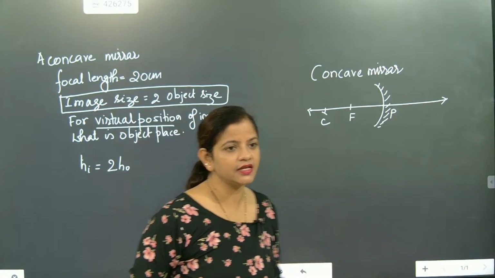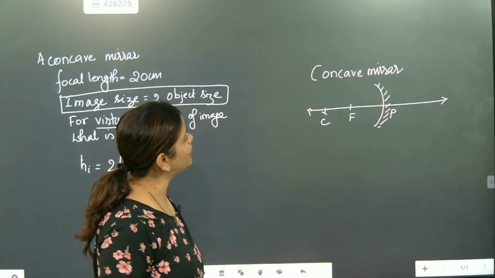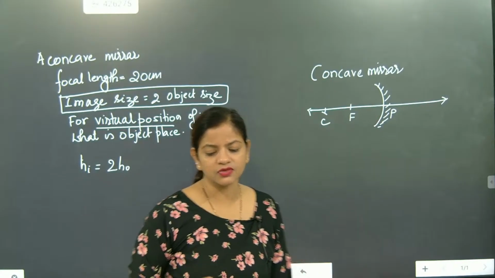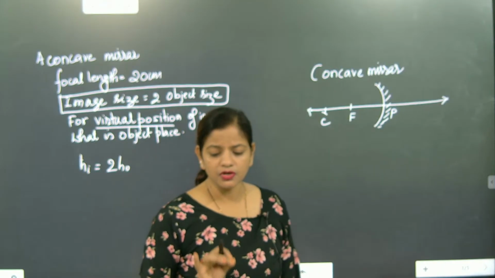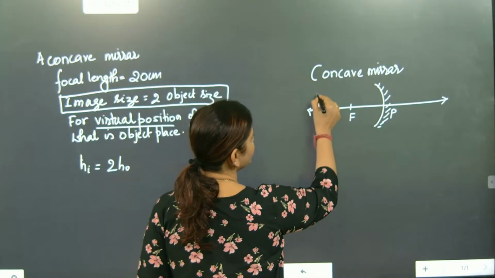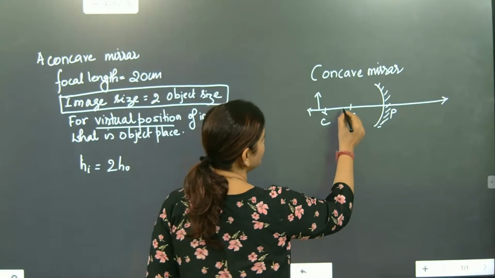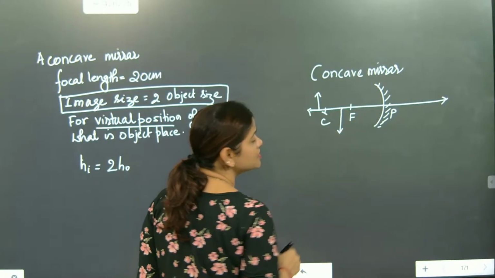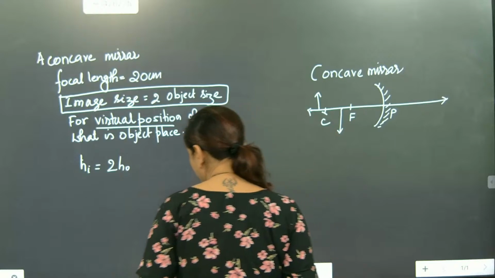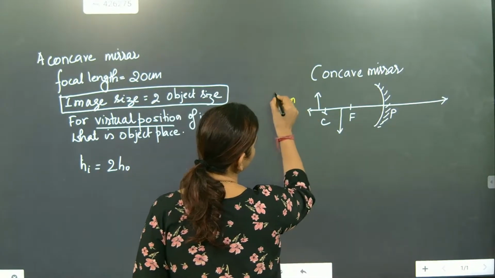Remember this very nicely. So all the positions we are going to understand. Got it? But the new sign convention rule has told us something that we must remember. Any object on top like this will be considered positive. Any image formed down will be considered negative. So in short, height of object above